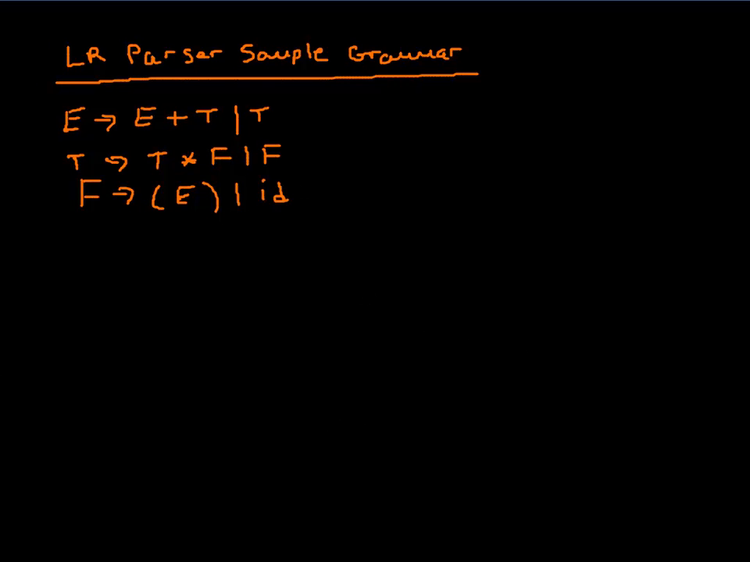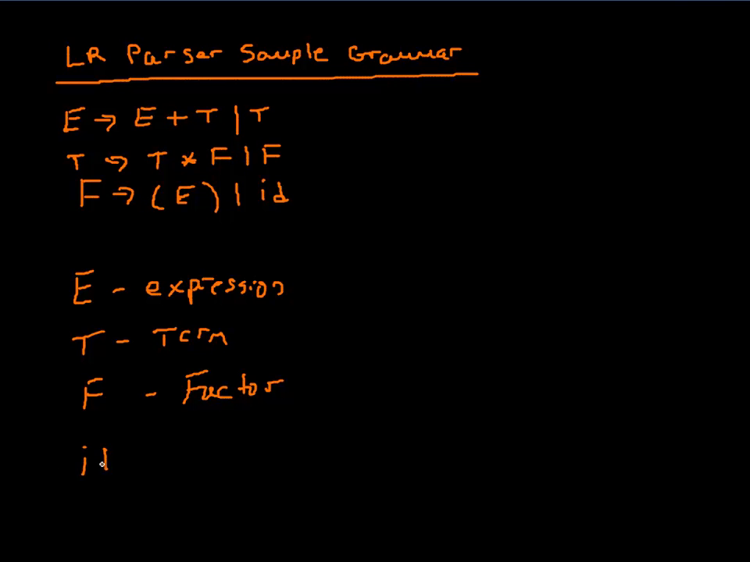And this is just really meant to describe a relatively simple mathematical expression where when they say E, what they're really talking about is an expression. And when they say T, what they're really talking about is a term. And when they say F, they're really talking about a factor. So just for brevity, they're just using these abbreviations E, T, and F. And so they're trying to describe things like ID plus ID times ID,